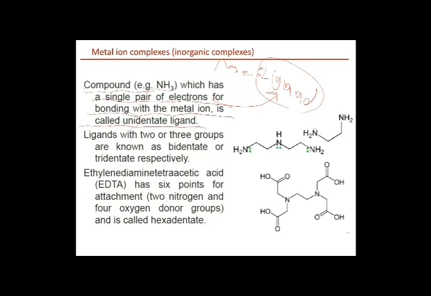And I'm sure you know what uni means. It means one. If the ligand has more than one pair of electrons, let's say it has 2, we call this ligand a bidentate. Okay? If it has 3 binding sites, or 3 pairs of electrons to donate and to make bonds with the metal, so we call this ligand